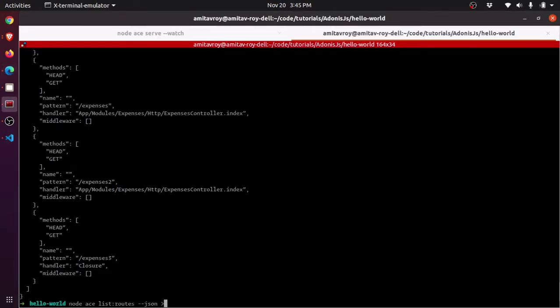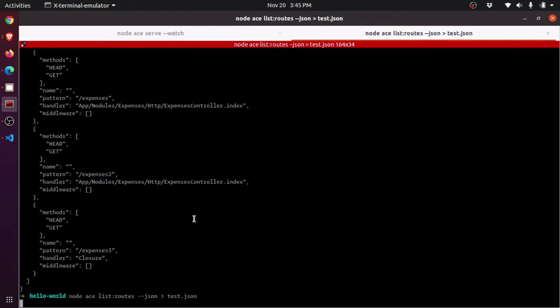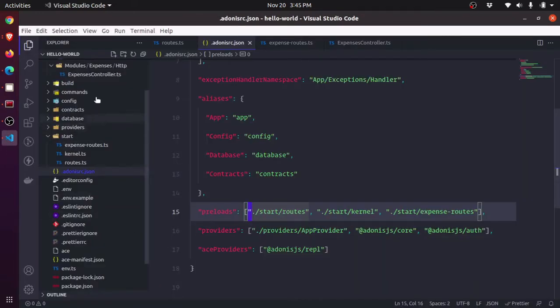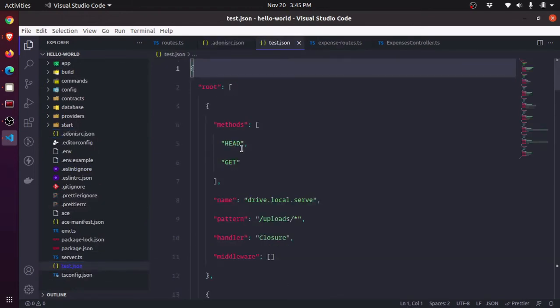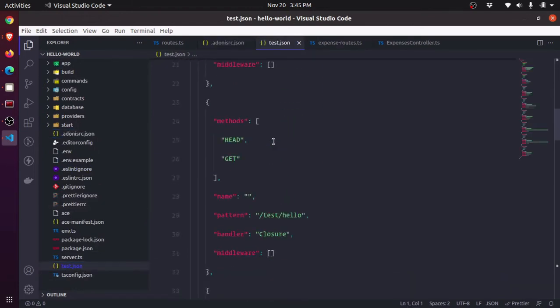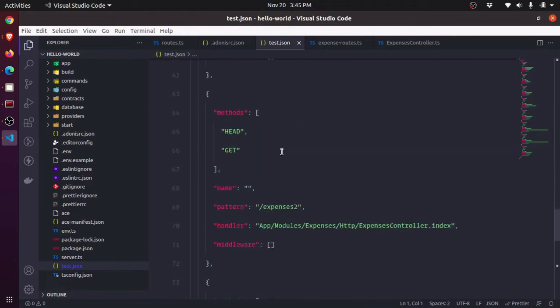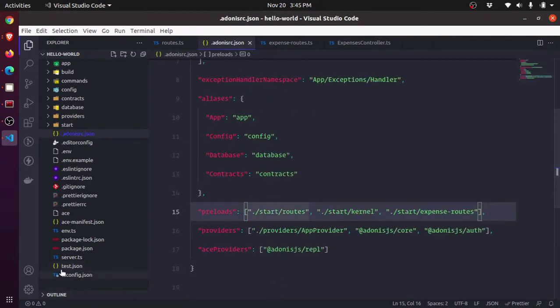If I would like to show you, so this is test.json. So yes, nothing will be in the terminal output, but there should be a new file called test.json, and inside the test.json you can see that the entire JSON object is printed. So yes, this is handy if you want to export some things for some reference. Okay,